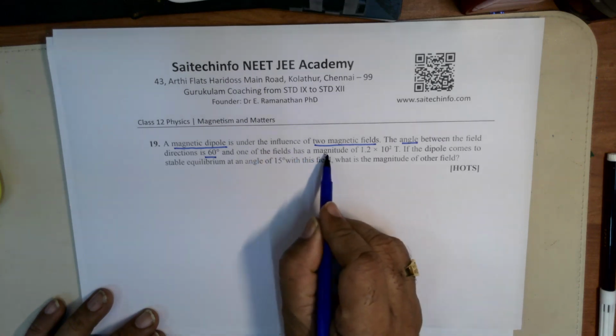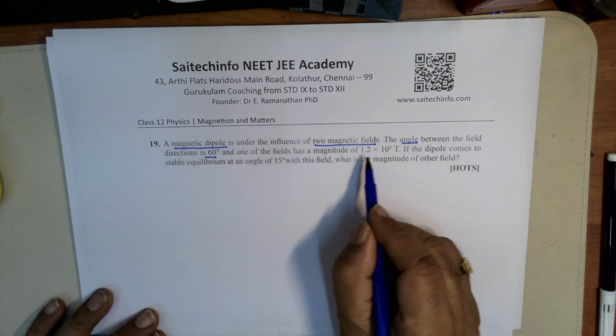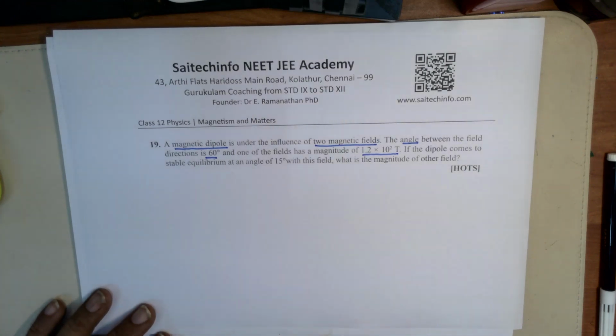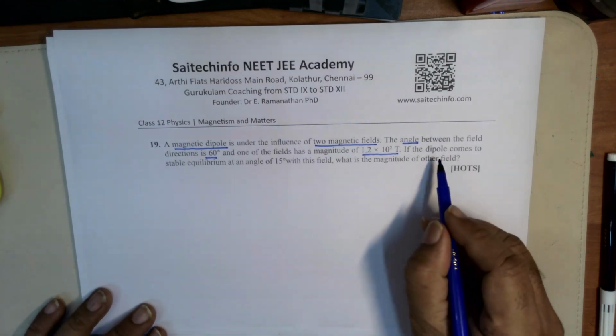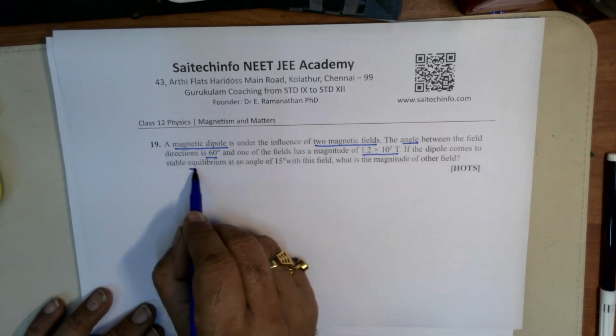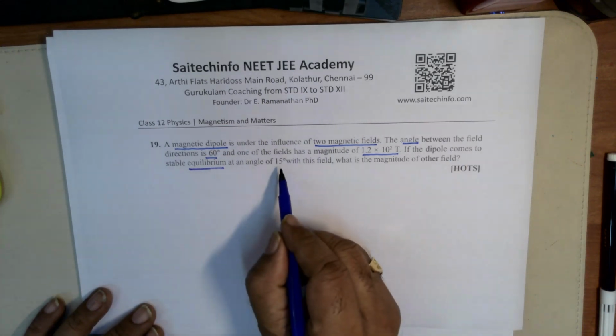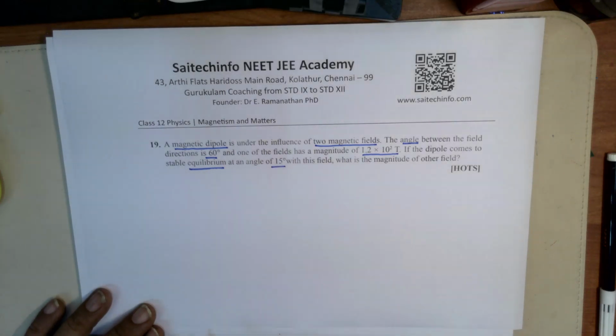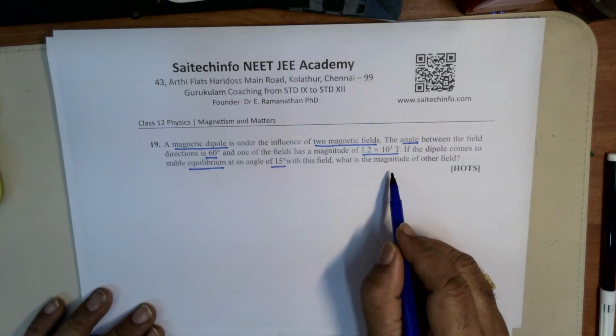One of the fields has the magnitude of 1.2 into 10 power 2, that is 10 squared Tesla. If the dipole comes to stable equilibrium at an angle of 15 degrees with this field, what is